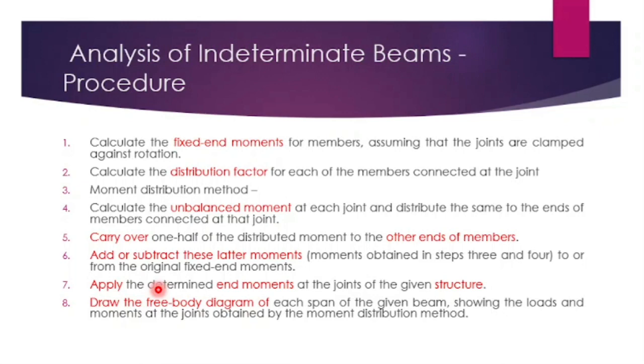See, if you know the steps, whatever might be the sums given to you, the steps remain the same. First, in the exam paper, you write down all the step names, then you can do them one by one. So each step carries certain marks. There are three major steps here. First is calculating fixed end moment, second is calculating distribution factor, third step is moment distribution method. In that you will be having 4, 5 and 6 steps, and the seventh step is you will be adding all the moments, and finally drawing the free body diagram.